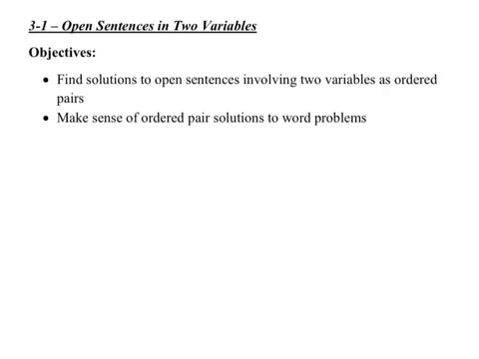So first, our objectives are going to be to find the solutions to the open sentences as ordered pairs, and then to make sense of those ordered pairs in word problems. A lot of the word problems that we're going to do in these sections, we're going to have to take some of our answers and say, well, this doesn't make sense. Or this answer is not possible, so we need to reject the solution. Because you can't have a negative amount of pencils, right? You might have to reject that solution. Okay, so we're going to keep that in mind as we're going through this, that we make sense of the